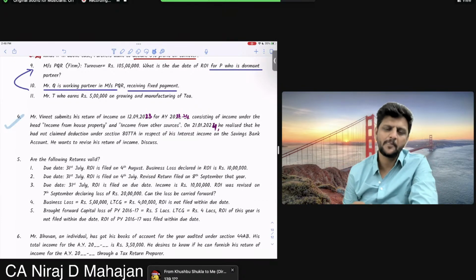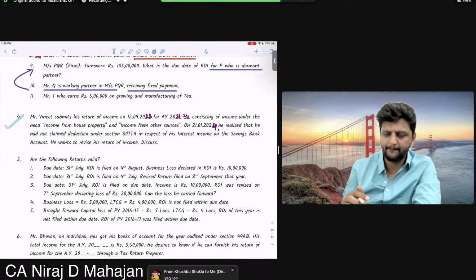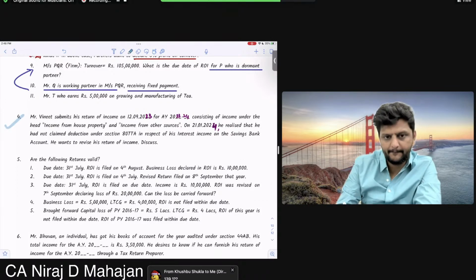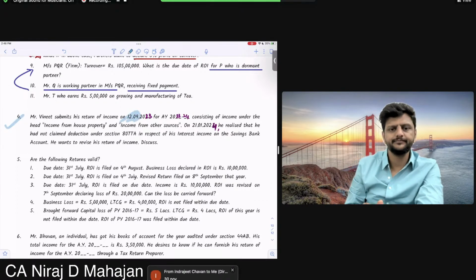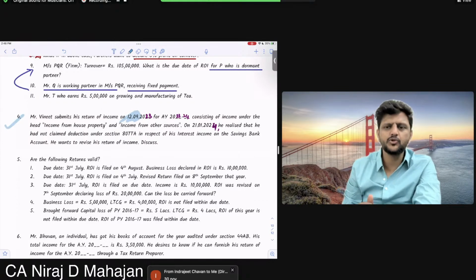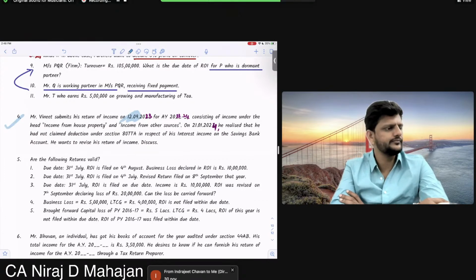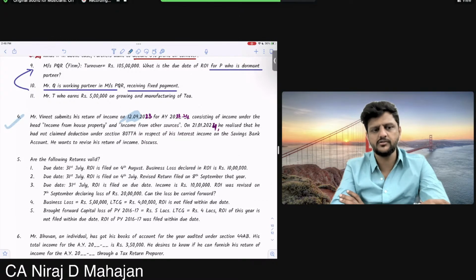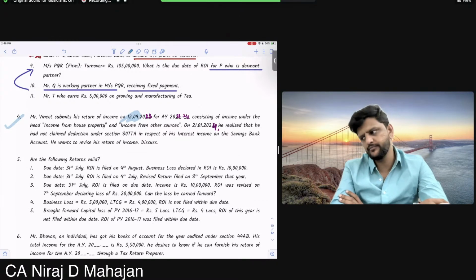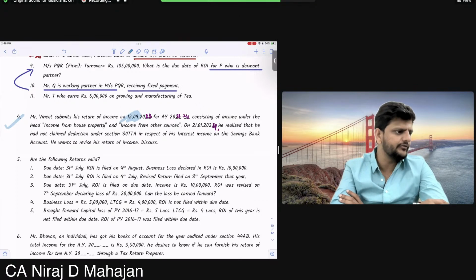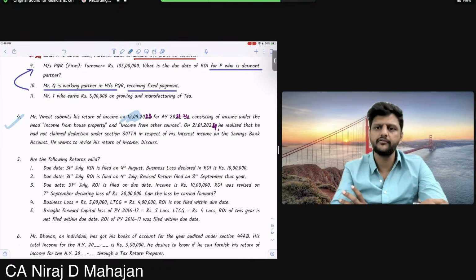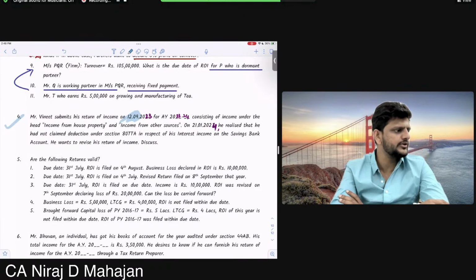Okay, Khushbu. See, but what is common? Just try to understand. What is common between 139 and 134? Both of them are fresh returns. Fresh. That means filed for the first time. Either 139.1 or 139.4. Understood? What is the difference between 139 and 134? 139.1 is before the first due date. 139.4 bachcho, after the first due date. Are you getting my point or no?